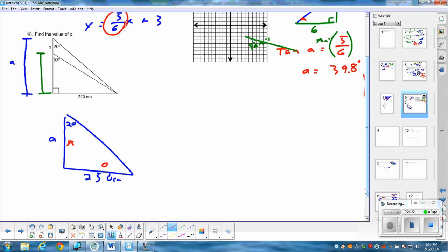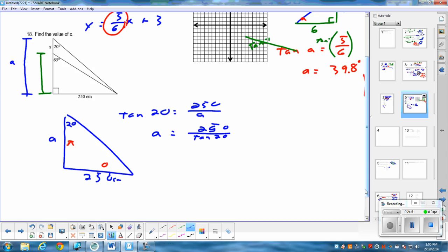A is, ironically, the adjacent, which is going to be tangent. So the tangent of 20 degrees equals 250 centimeters over the height, the altitude of the larger triangle. This is where it looks like we're switching the tangent 20 and the A, because we multiply both sides by A,